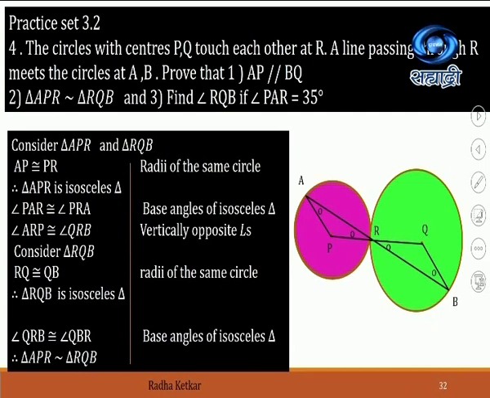But before that, one more fact which we are going to consider here. Consider triangle ARP and triangle QRB. Now in these two triangles, consider the angle ARP and another angle QRB. These are vertically opposite angles. As these are vertically opposite angles, their measures are going to be the same. That's why you can see in the figure they are marked with the same sign, a small circle shown over there.